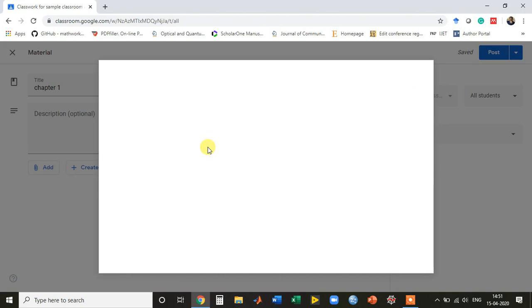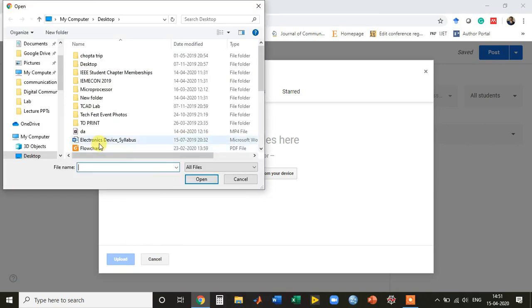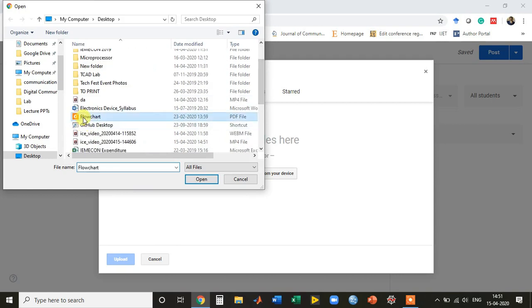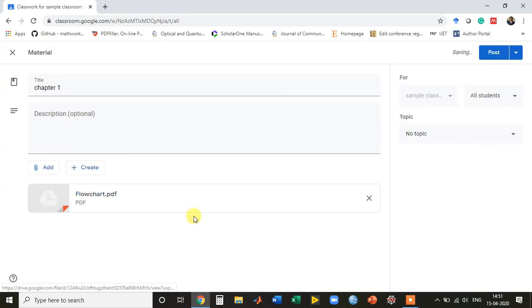I can upload it from my computer. So I can select files from my device, and suppose I want to share this flowchart. I can simply click it and upload it. It is getting uploaded. Okay, so this is what I want to share with the students, and I can post it.